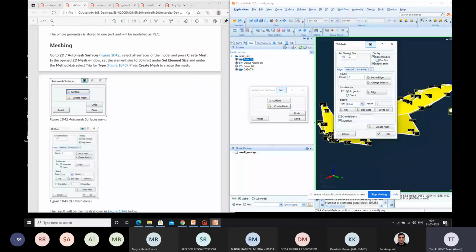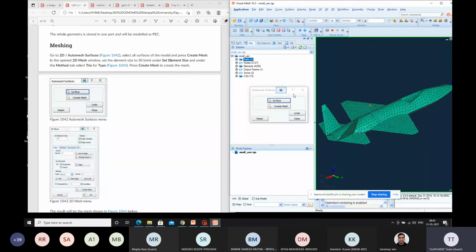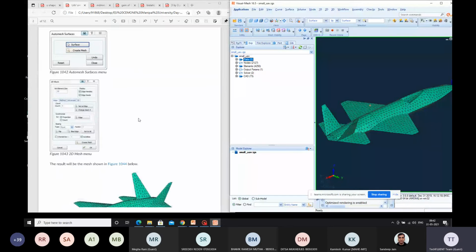This mesh is not the main mesh which we are using, because this kind of mesh will be utilized in frequency domain. But in time domain, as I've told you earlier also, we'll be using small cubes, which will be available in the SEM window. So that's what we have to do. As of now, I'm doing a nominal meshing. So we are done with the nominal meshing. Click on OK. So we have got the meshing perfectly. This is how the meshing will look like.